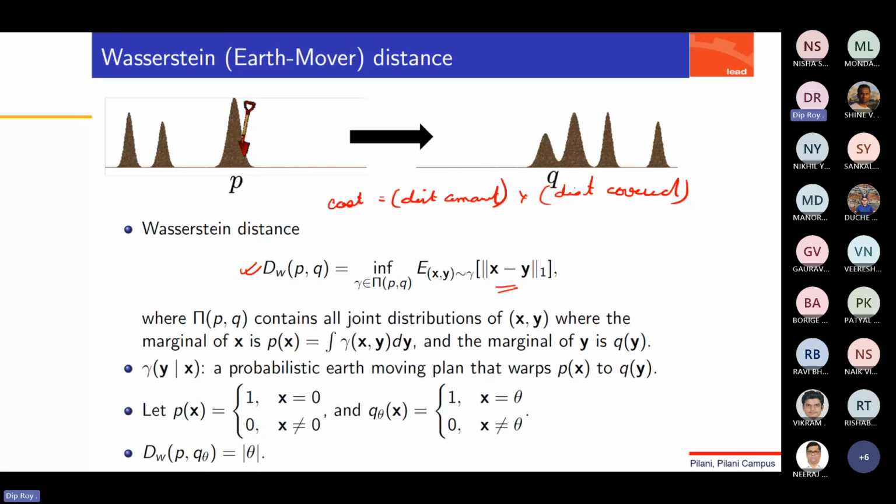And the question is, what are we trying to say? We are trying to say here in the Wasserstein distance that d of P and Q, that is the distance of P and Q, is equal to the infimum over gamma, which belongs to this superset of all the transport plans. And then you have an expectation over X and Y, which belongs to a particular transport plan.